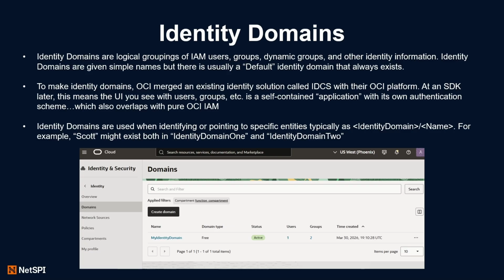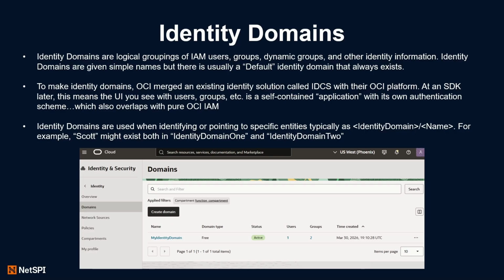You put company A in identity domain A, and you put company B in identity domain B. Identity domain A is going to have all the users, groups, federation policies, and password policies that correspond to company A, whereas identity domain B is going to have all of those that pertain to company B. Both identity domains exist in OCI in a compartment, but it's almost like a mini compartment, right? It's a logical separation of IAM resources.